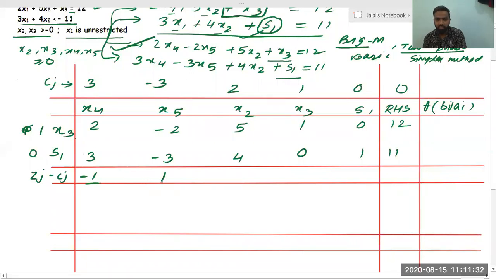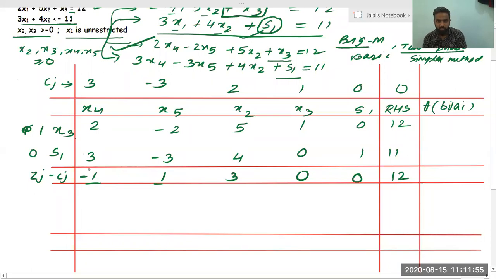So you can see there is a reverse that I have already stated. So this will be 5 minus 2, right? 5 minus 2 will be equal to 3. This will be 1 minus 1, 0. This will also be 0 minus 0, which is 0. And this will be 12. Okay, I hope you are getting it. This is not the first value. This first value will be equal to 12. Why? Because x3 is there in the solution.